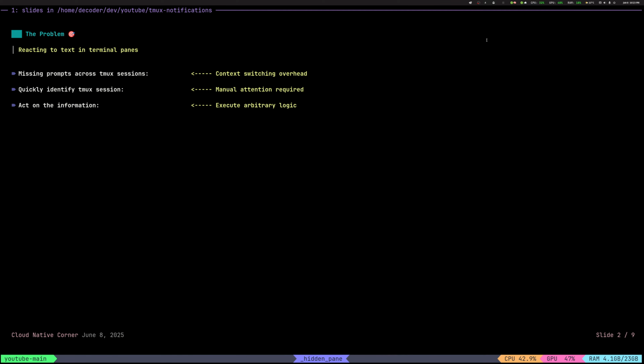So back to my case, reacting to terminal panes. When I work with Claude, I often have a few sessions. In my case, Claude would work on a repository or a system, and I would tab out to another session and do something different. And then I would have to go back every now and then and see if Claude needs attention, whether I need to